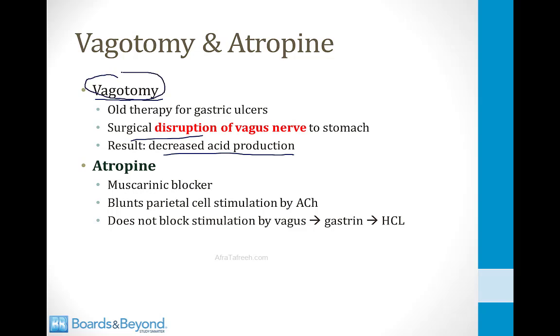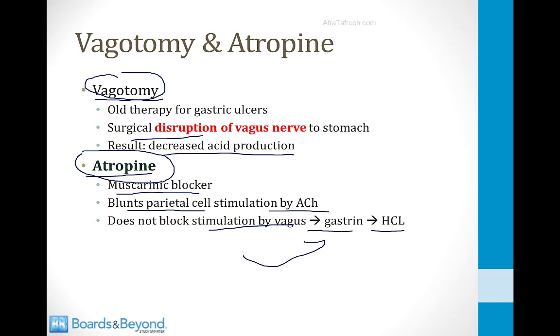to blunt acid secretion. You also should know that atropine does not work very well to suppress acid production. It's a muscarinic blocker, and it can blunt parietal cell stimulation by acetylcholine, but it doesn't block the stimulation by the vagus onto gastrin, which can then stimulate hydrochloric acid release. As I just told you, that occurs via the neurotransmitter GRP, and it's high yield to know this for your boards. They like to ask you why atropine doesn't work to suppress acid, and it's because the vagus nerve is still able to stimulate gastrin release even when muscarinic receptors are blocked by